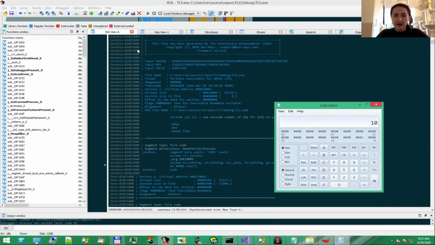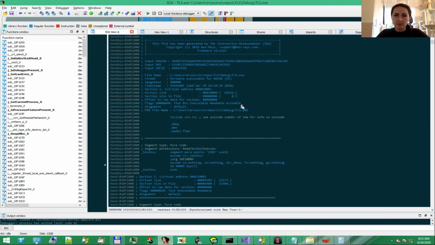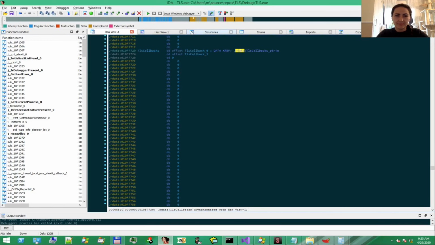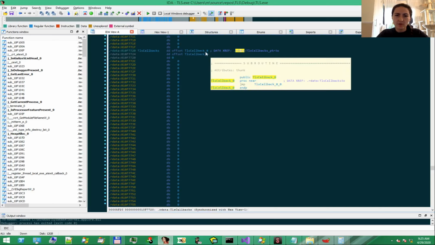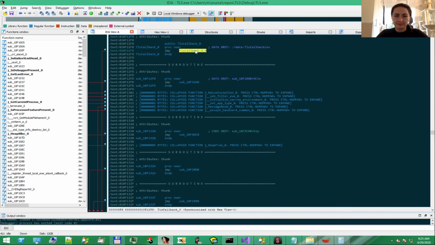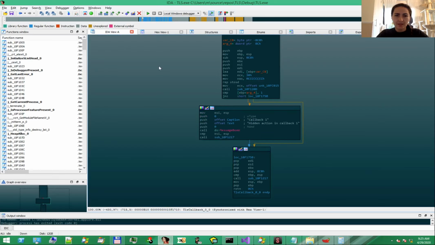And add that and we get the new virtual address of the TLS callbacks. Copy that and jump to the address. We can press G. As expected, we have the two callbacks we defined in the source before. Each of them is very simple and contains the message box.